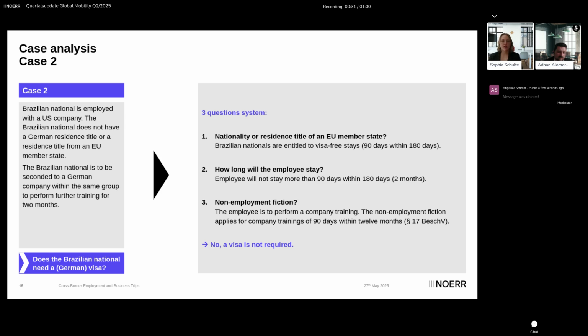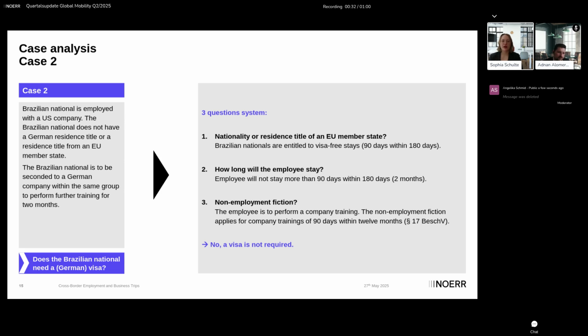Is a Schengen visa sufficient, or would we need to apply for a work visa, a D visa in this case? And as Adnan mentioned, the participation as a trainer or a trainee in a company training within the same group of companies is also a case of this non-employment fiction in accordance with Section 17 Beschäftigungsverordnung, and therefore this employee can come to Germany for 2 months without needing a visa at all, because he is a national that is exempt from the visa